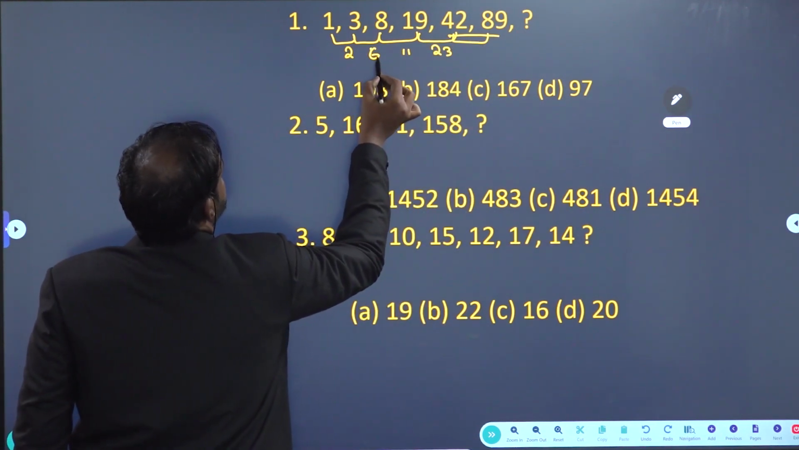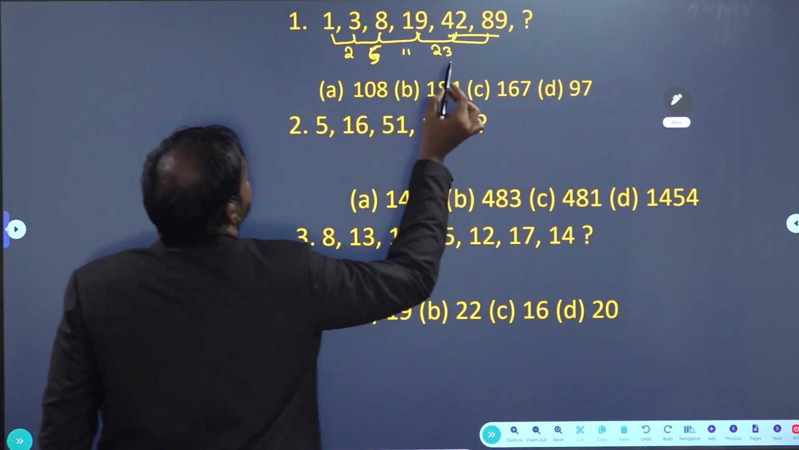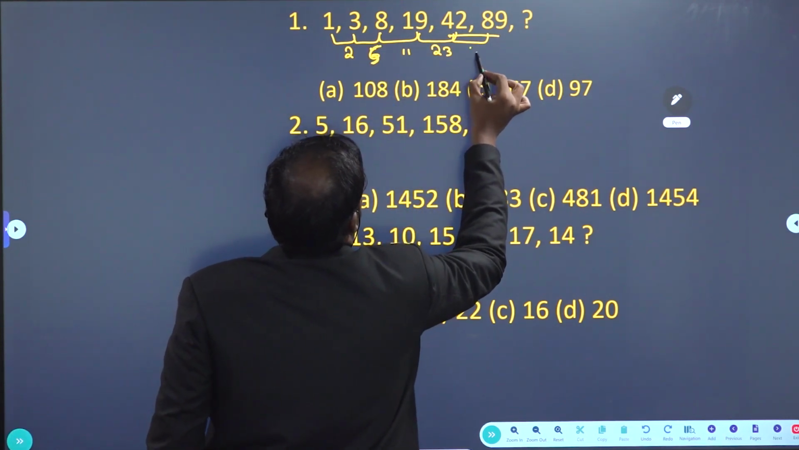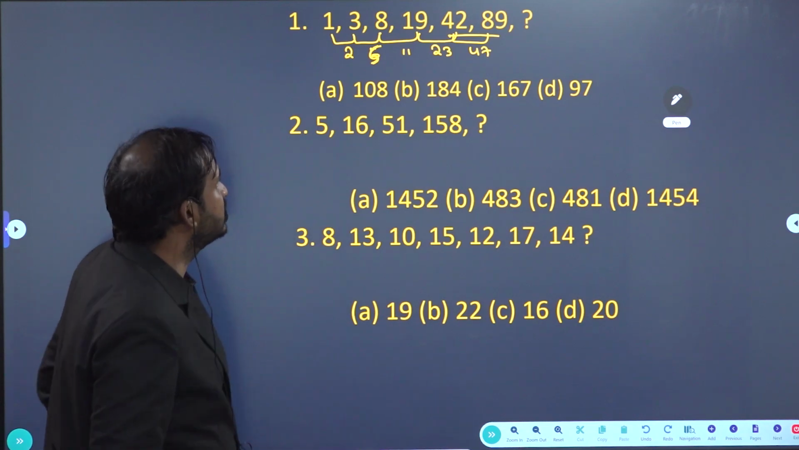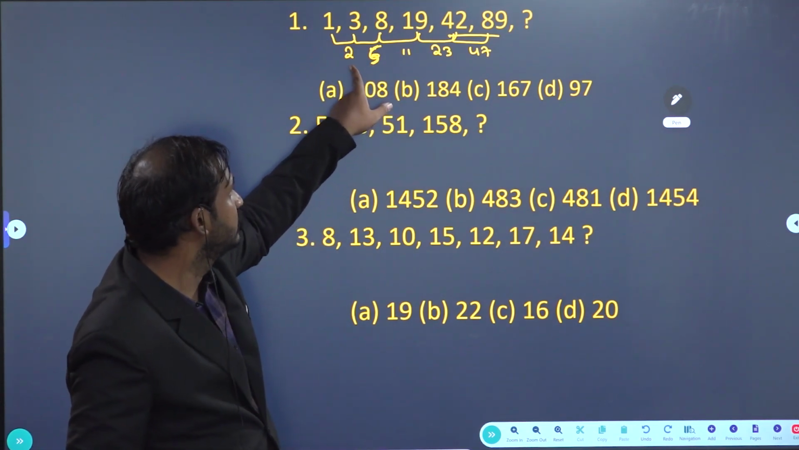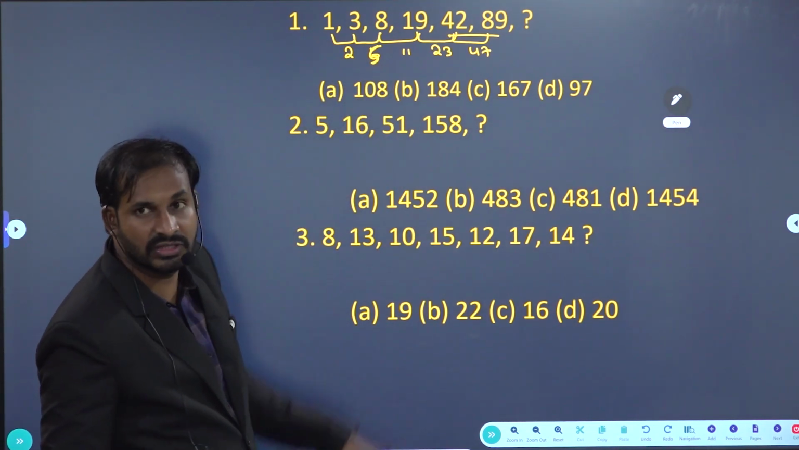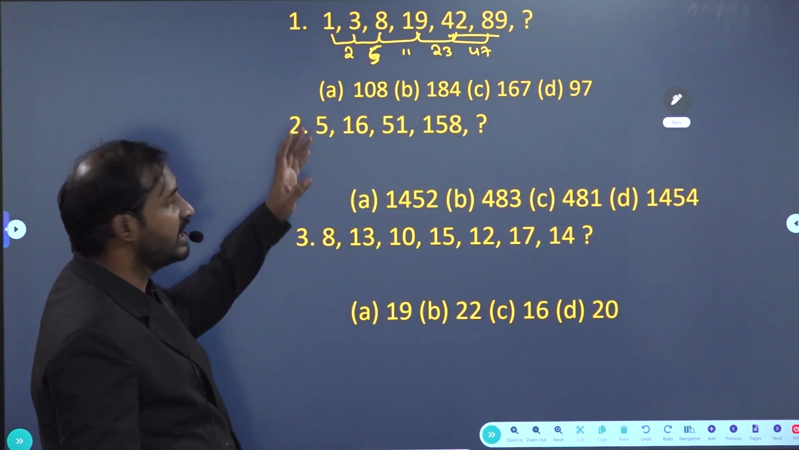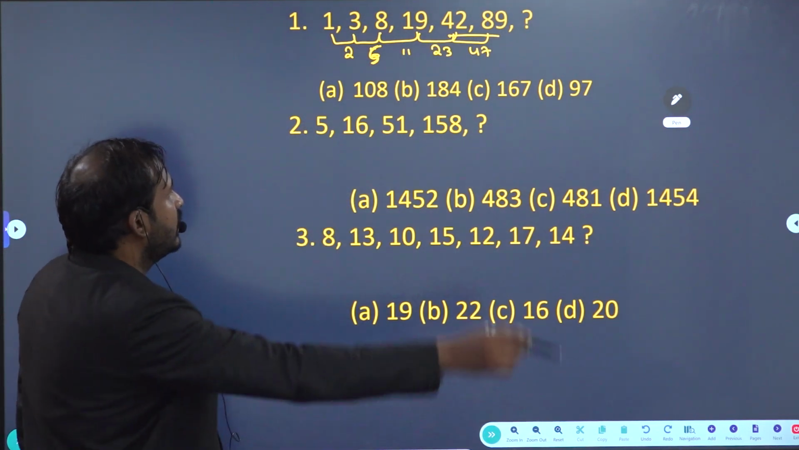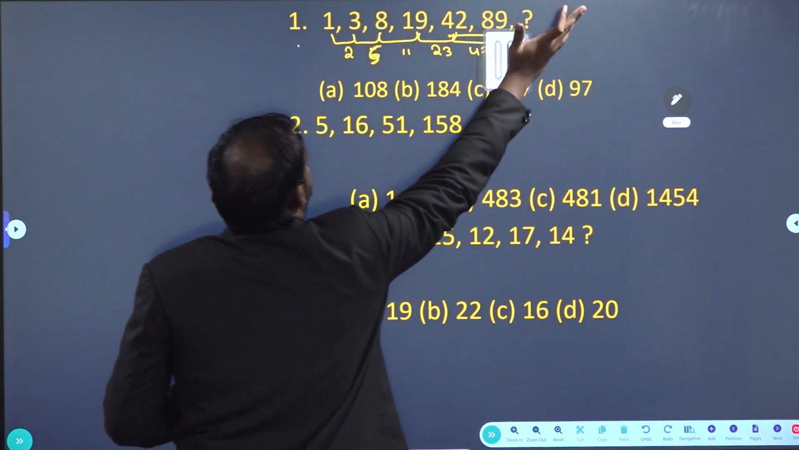Sorry, this is 5, right? Don't waste your time a lot here. Why? Because here also, once again, it is multiplication only, 2 into 5. So you will not get an idea. Okay, so instead of that, my suggestion is: